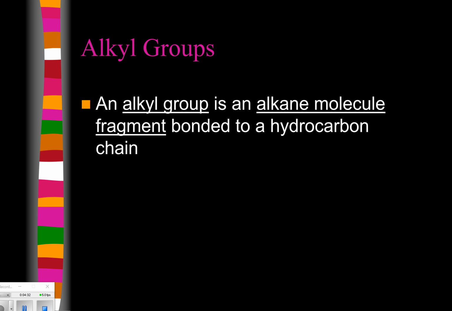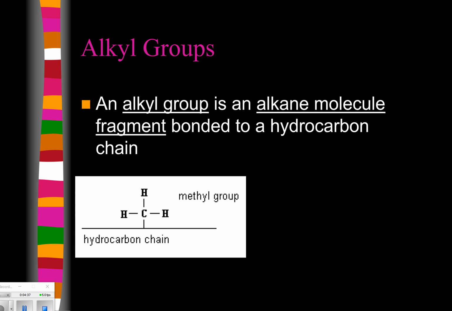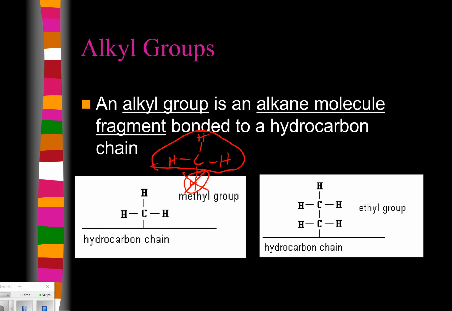So an alkyl group, we've been talking about this, but an alkyl group is an alkane molecule fragment bonded to a hydrocarbon chain. For example, the methyl group is actually a methane molecule where we've removed one of these hydrogens. So if we get rid of that, we're left with what we call a methyl group. Since that carbon is missing a bond, has a lone electron to bond with, it can attach itself to a larger chain. An ethyl group,